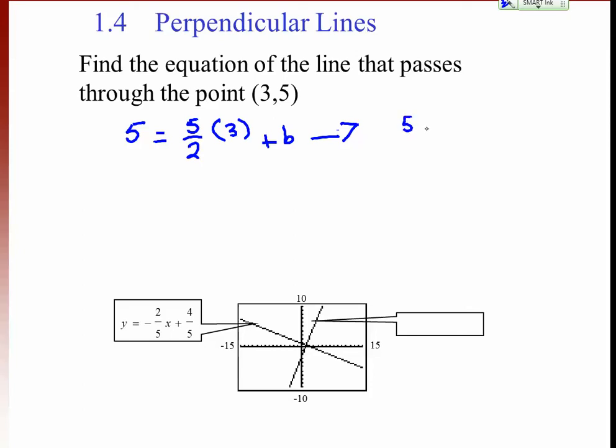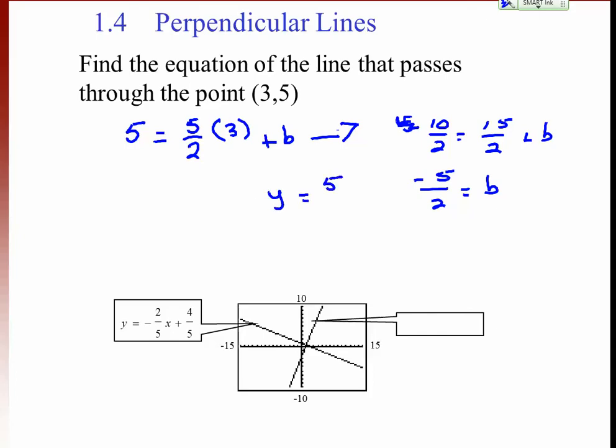I'll make the 5 into 10/2, which equals 15/2 when I multiply the 3 times 5/2, plus b. So if I subtract 10/2 minus 15/2, I get b equals -5/2. So my equation becomes, for the perpendicular one,